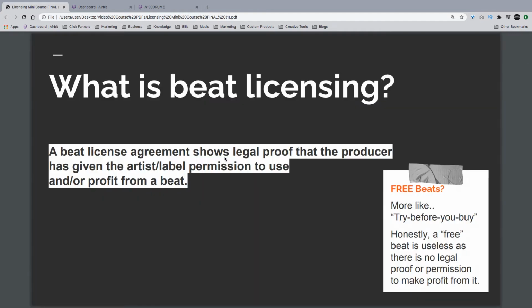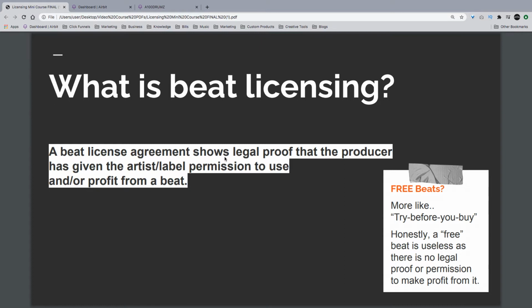So, what is a beat license? A beat license agreement basically shows legal proof that the producer has given the artist or label permission to use and/or profit from the beat. So this is the main thing, you guys.